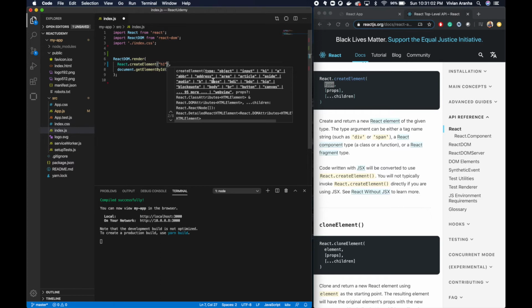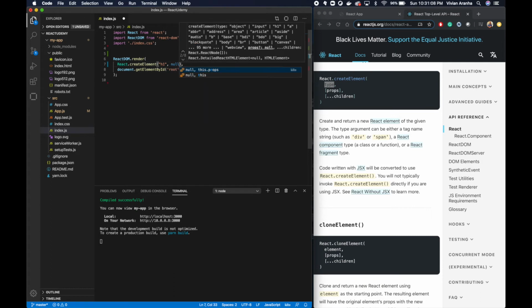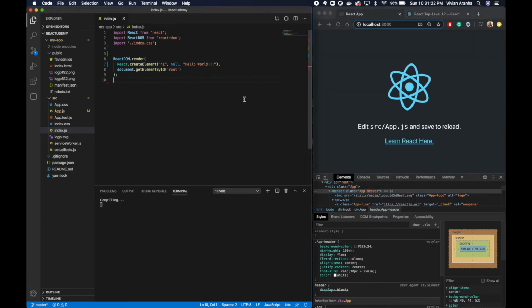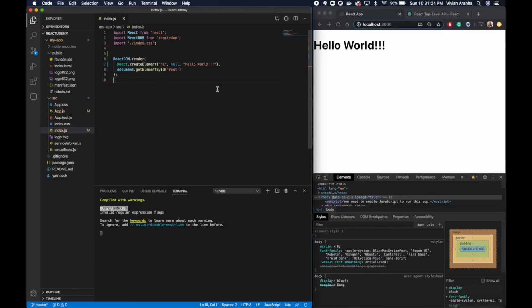So if you see, it gives you all the options here. Second option is properties. Now if I don't want to give any properties, I can give straight away null. And the third one is what is the text that you want to give. I can say hello world, exclamation mark. And if you go back to the project, if I save this file here, it will reflect that